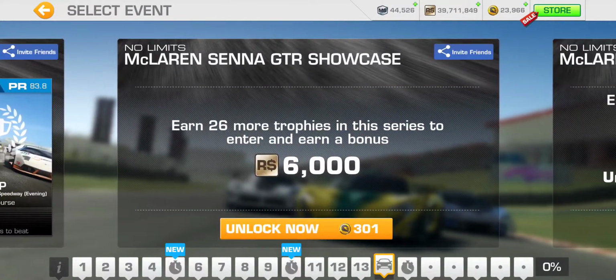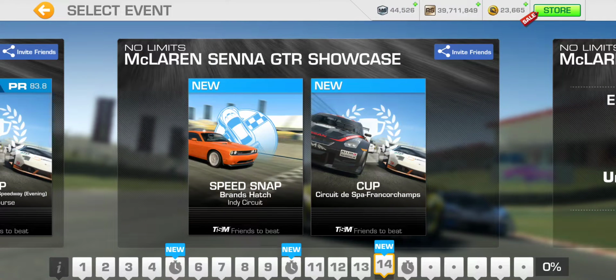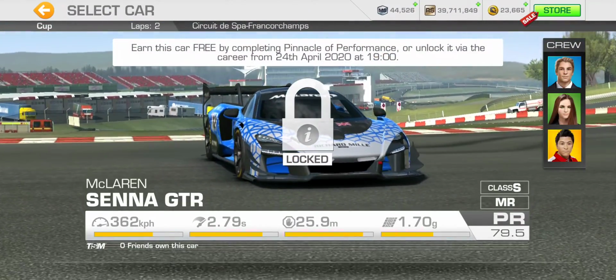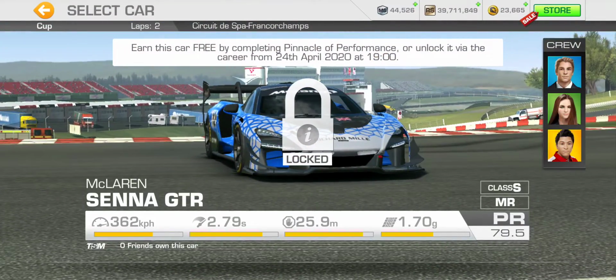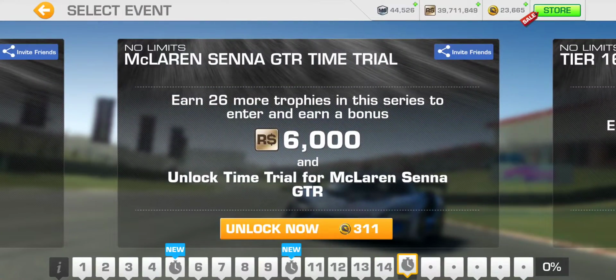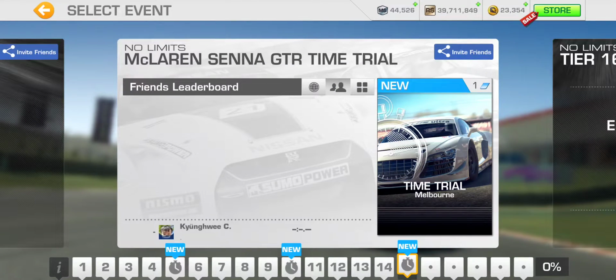All right, moving on to tier 14, which is the last showcase tier, and that is for Senna GTR in this case. 2 events featured as always with the showcase. We got Speed Snap at Brands Hatch and Cup at Spa, and it's going to be 2 laps. And yes, I have not won this car yet, so it's still locked. And at the same time, the time trial for Senna GTR will unlock, which will take place at Melbourne, and